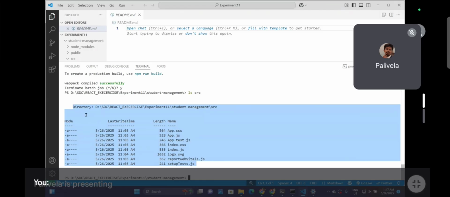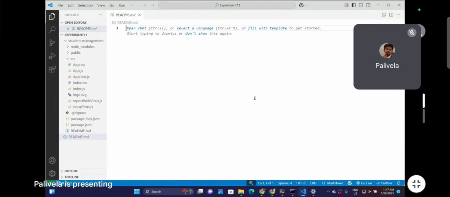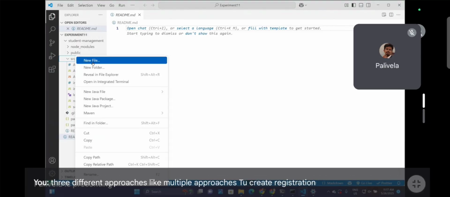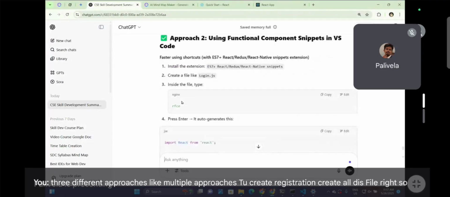So I asked the AI to show me 3 different approaches, like multiple approaches to create registration.js, login.js, contact.js, about.js. It is telling me to go to the src folder, right click and choose new file, so that you can create all these files. So my point is like,